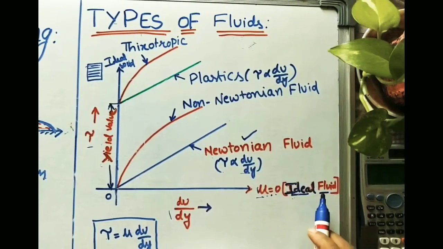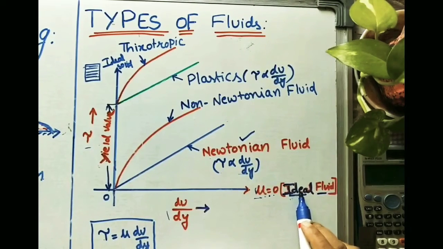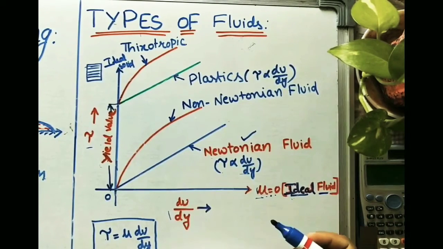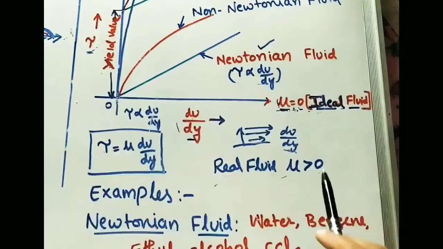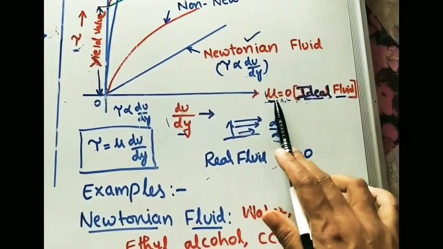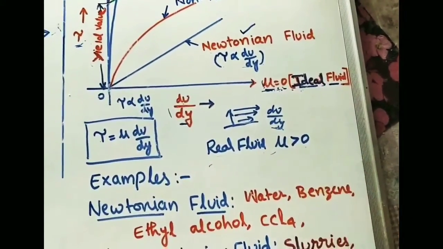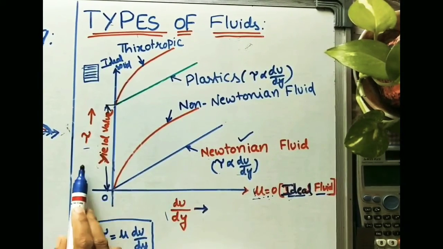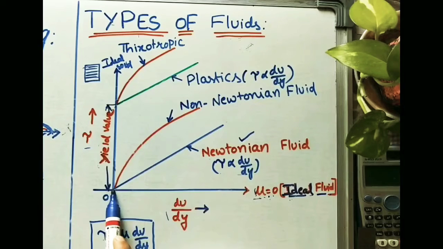In all our study, theoretically, we are considering all fluids as ideal fluids for solving problems easily. In ideal conditions, we can solve all theoretical problems easily, and we can carry those values to practical applications. So we can define ideal fluids as those fluids which are incompressible with 0 viscosity, and shear stress is always 0. These are called ideal fluids. If you are taking the vertical line here, the meaning is shear stress is maximum, and du by dy means velocity is 0.